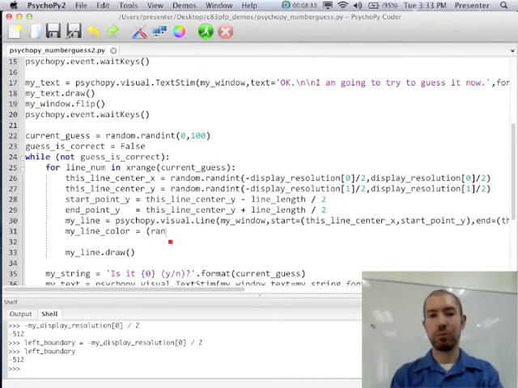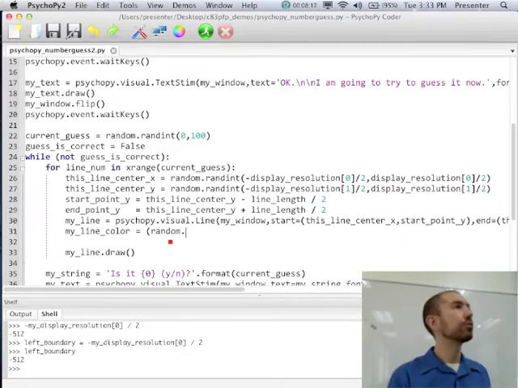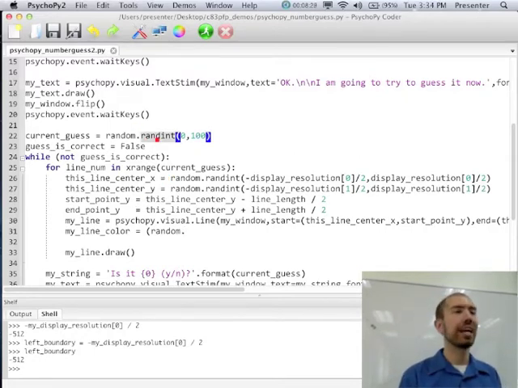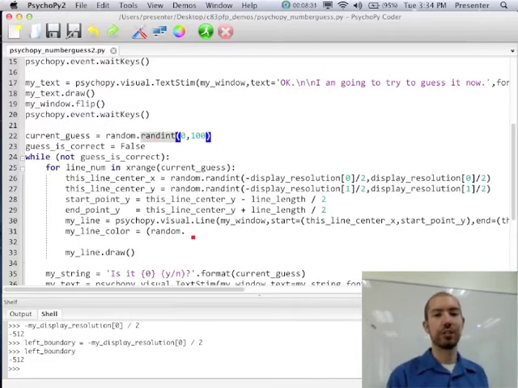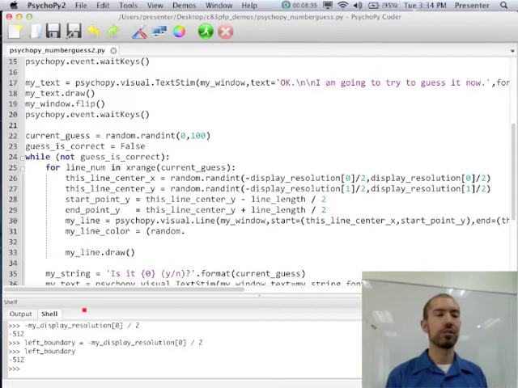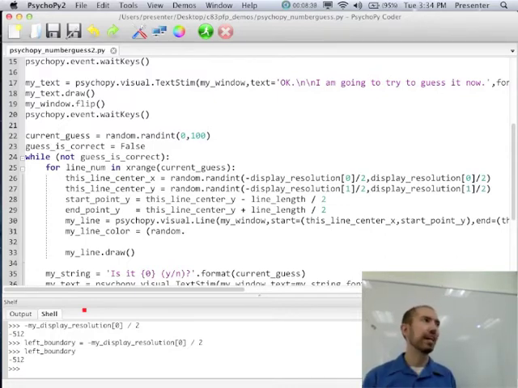Okay, so what we're going to do that is use our random module. So what have we used so far in the random module? What function have we used? Yeah, we've used the randint, right? So up here we used randint, which generates a random integer. Now, if we're using a color representation that represents the colors on a scale from -1 to 1, we don't want a random integer now. We want a random decimal number, right?